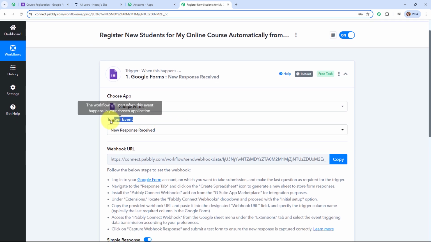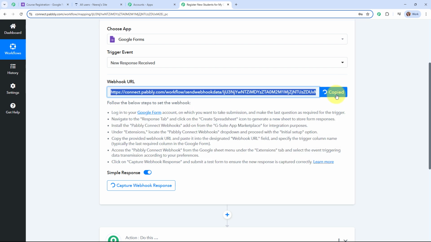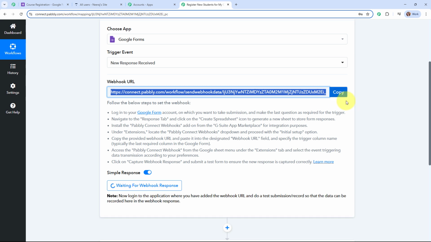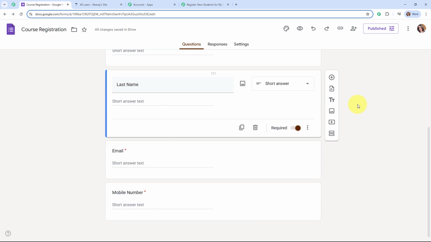Alright, so now after selecting my trigger event, you can see I've received a webhook URL. That means here I'm going to use this webhook URL to connect my Google Forms with Pabbly Connect. So following the instructions given below, firstly I'm going to copy this webhook URL, and here I've already logged in to my Google Forms account, and this is the form that I've already created over here for the course registration, and